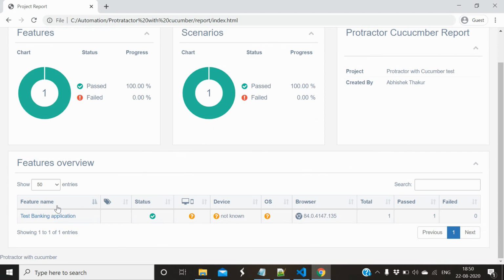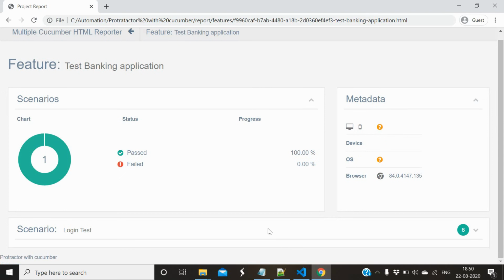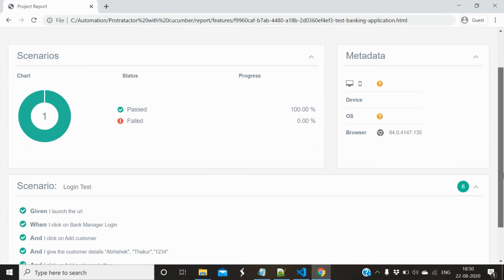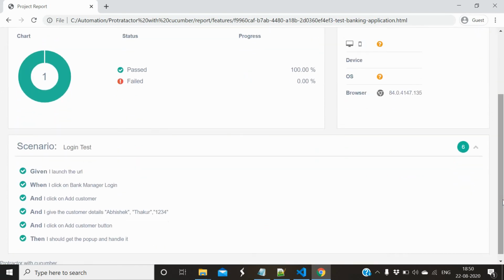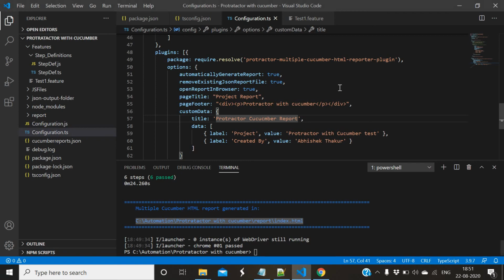After that, this is the test feature name, and under this feature I have run one scenario with 6 steps, so it will show you that. 100% passed because all the steps passed. For failure also it will show.